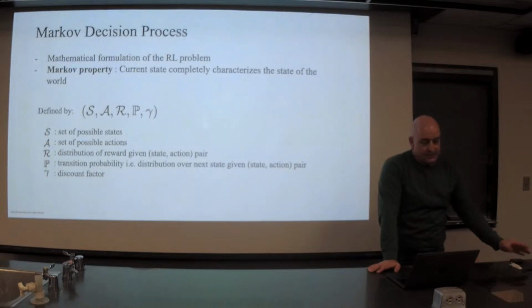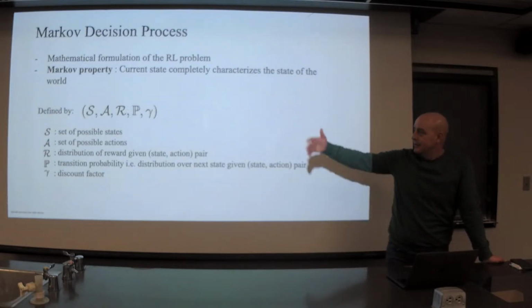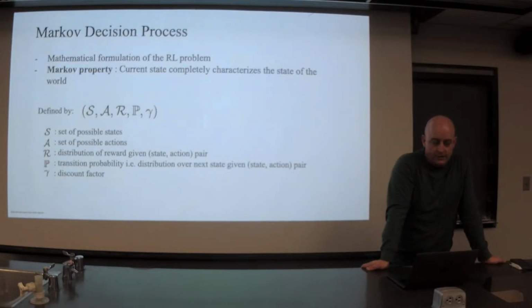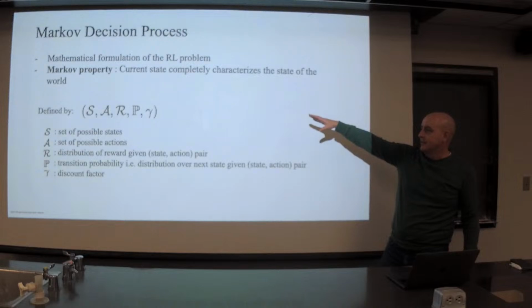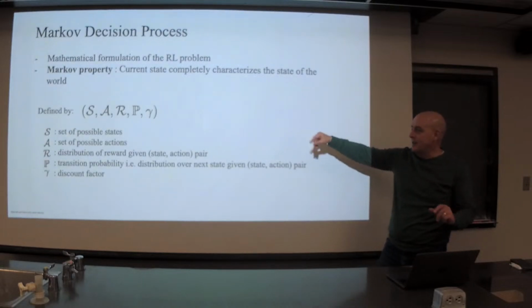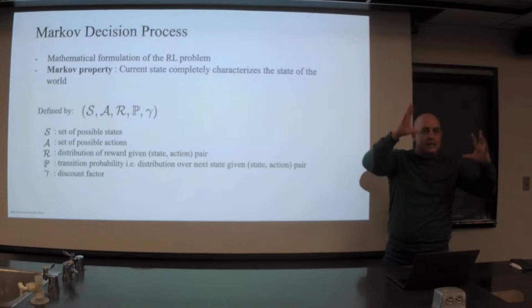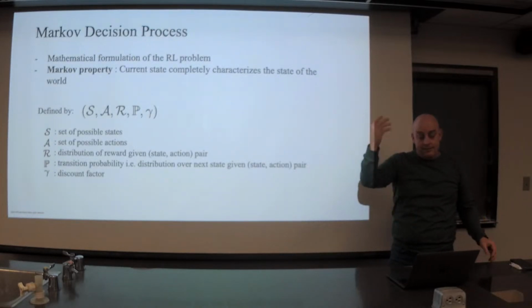Cool. So this is a fairly general way of formulating, mathematically, the problem that reinforcement learning is trying to solve. A Markov decision process has a bunch of things to it. It's defined in the following way. You need to have all the possible states defined, right? Think about Atari. This would be all of the ways that pixels can be arranged in a valid Breakout game. So that's a huge state space.